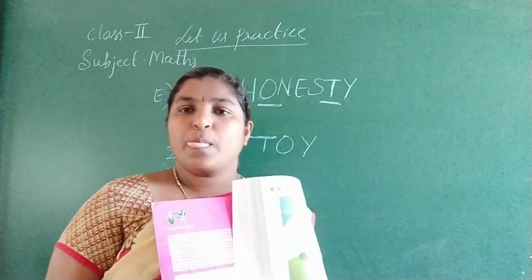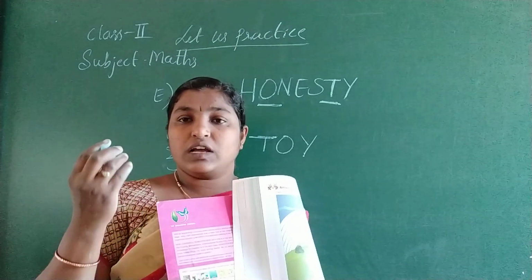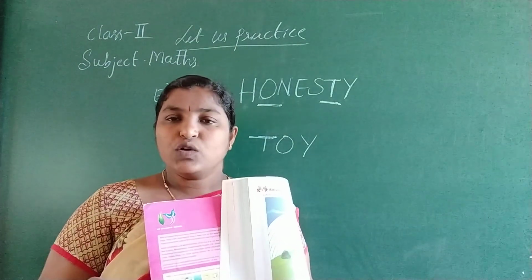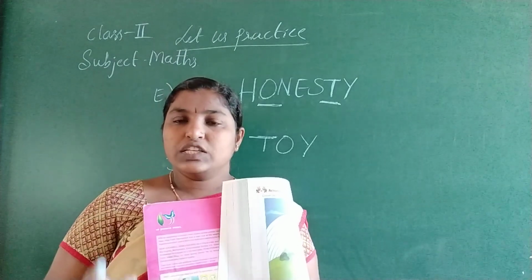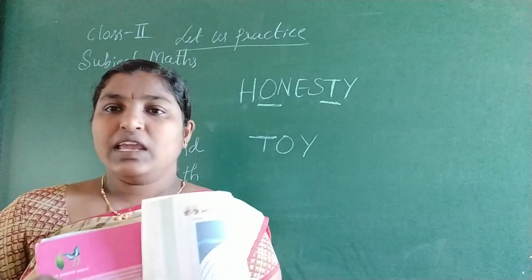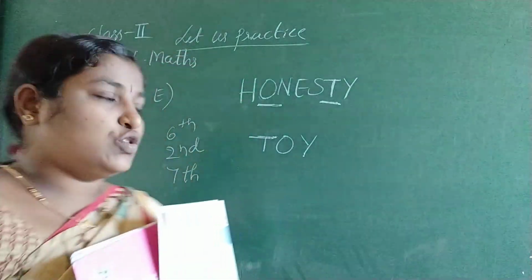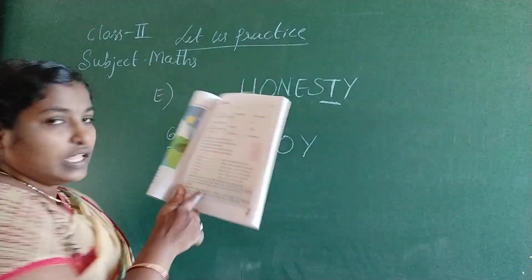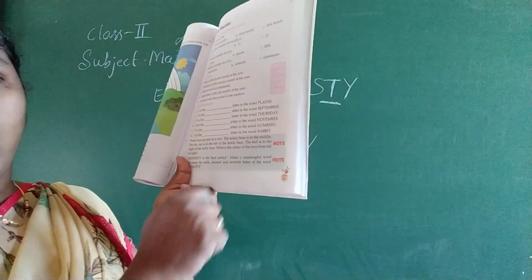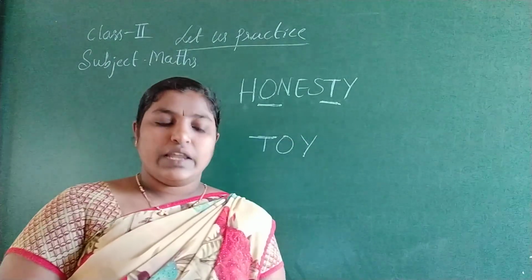Toy means the object, the thing which we use for playing. You use a toy car, giraffe, plastic things for playing. These are known as toys. So the word is toy. There is a place down here. You write the spelling T-O-Y. Toy. Got it? Next.